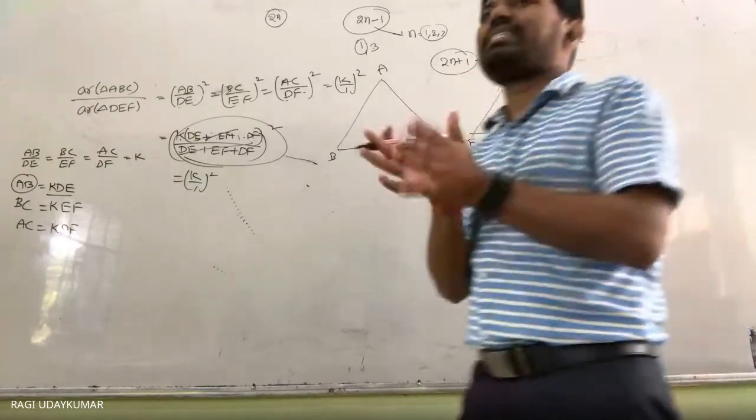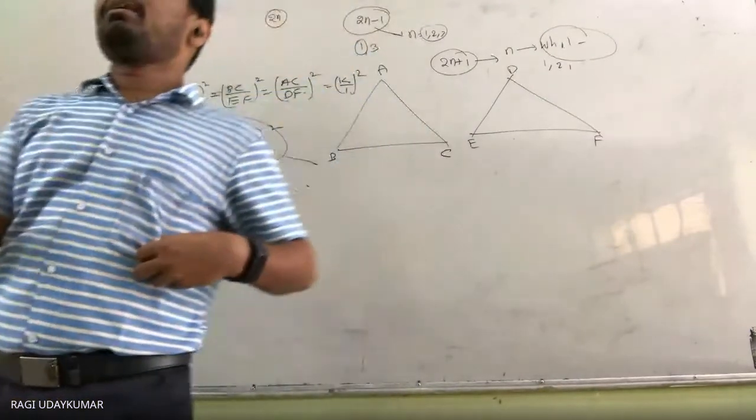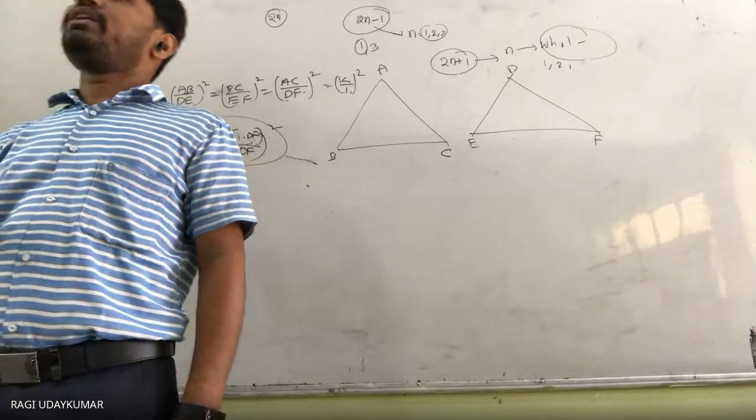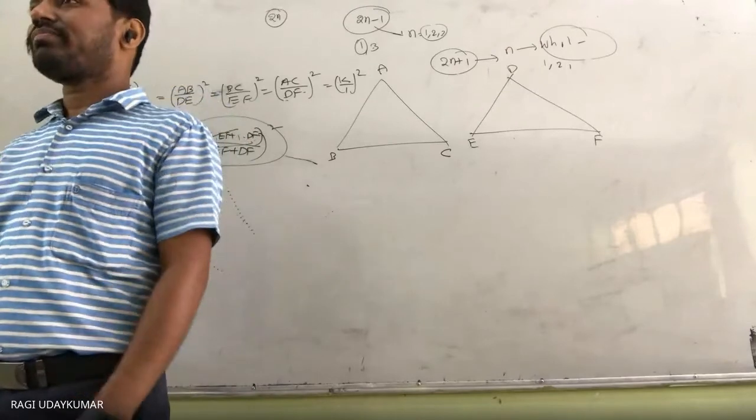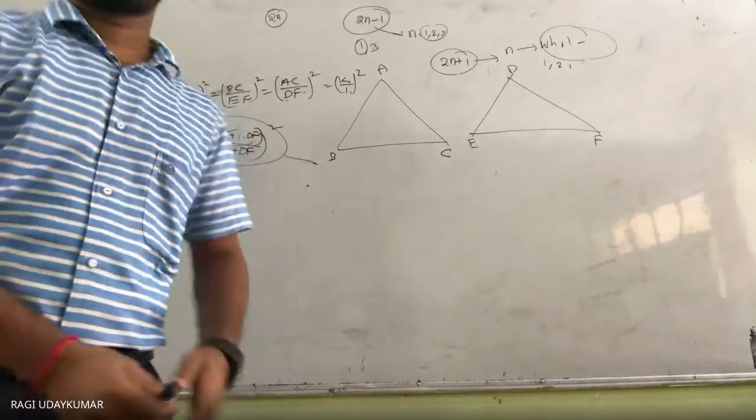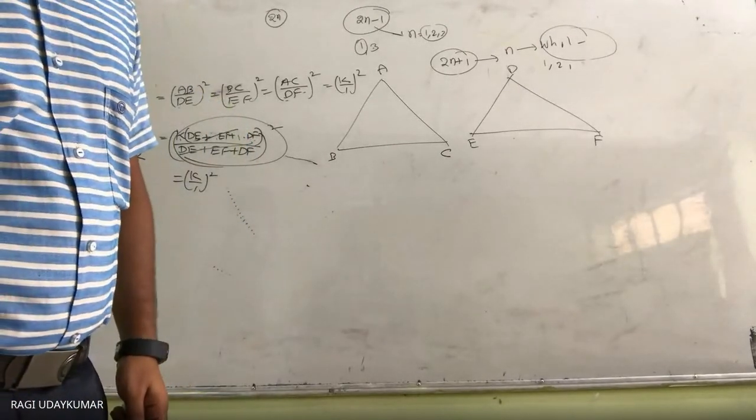So that's why one standard form is taken, that n is a natural number. That's why 2n minus 1. Okay. Still if